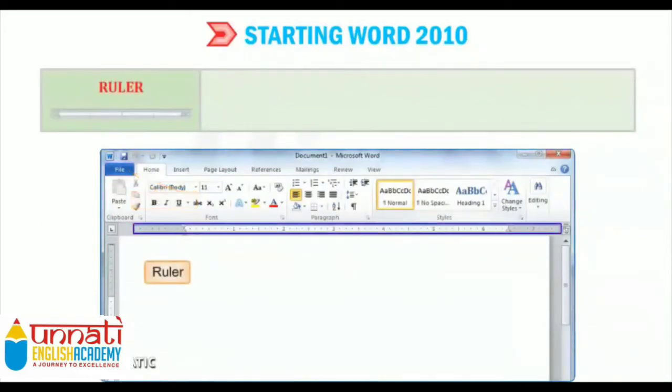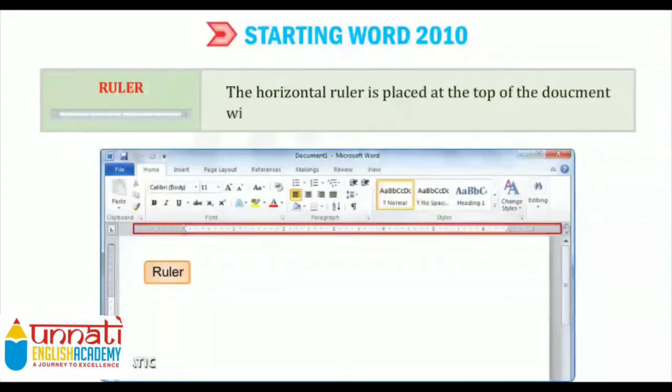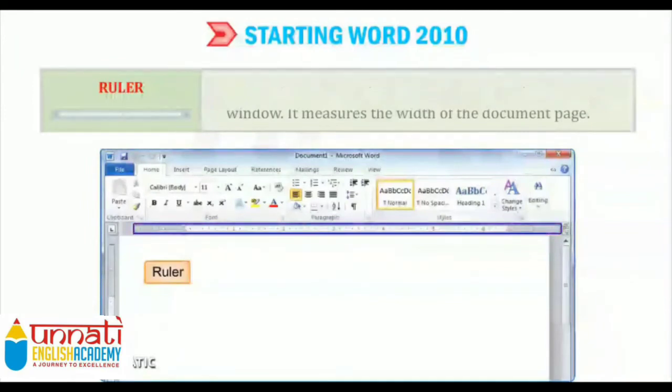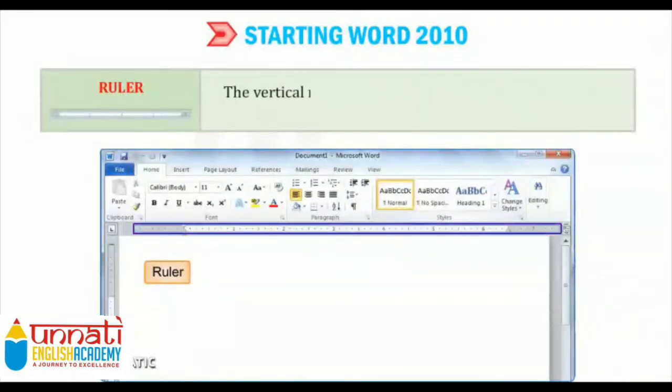Now the next is ruler. See, the horizontal ruler is placed at the top of the document window. It measures the width of the document page. And there is one more ruler, that is vertical ruler.